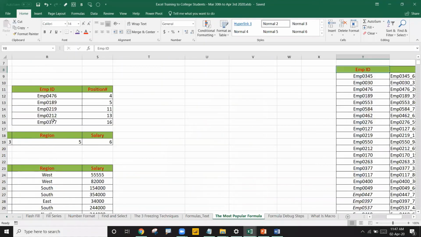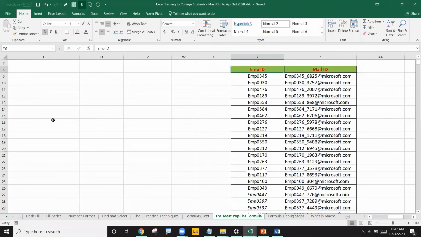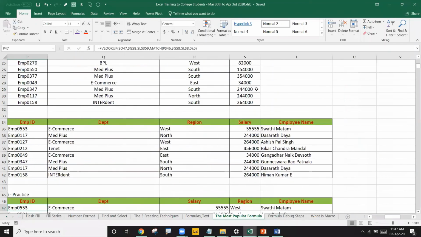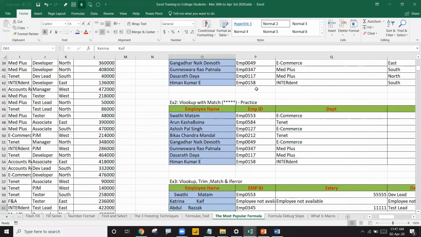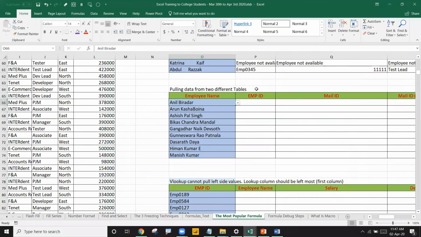But if you see the right side somewhere here, you have employee ID and mail ID as well. If you have the employee ID, you can get the email ID. But look at the mapping: the requirement is giving the employee names, but asks for the mail ID. If you had the employee name and mail ID mapping in the right-side table, we would get it easily. But this time, using the employee name, we need to get the employee ID. After that, get the email ID by using the employee ID.